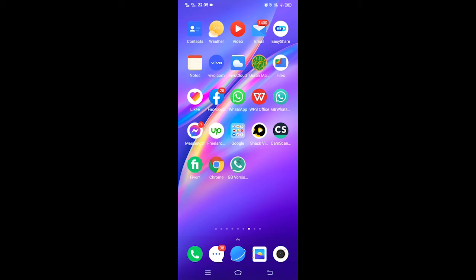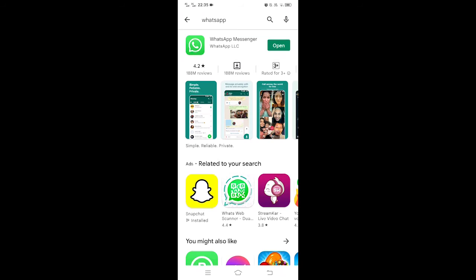And for that, go to your Play Store and check. Right now my WhatsApp is up to date, since there is no update button over here. But if your WhatsApp is not up to date, then make sure WhatsApp is updated by going to Play Store or App Store. So after updating WhatsApp, if the problem still does not get fixed, then the other thing you can do is